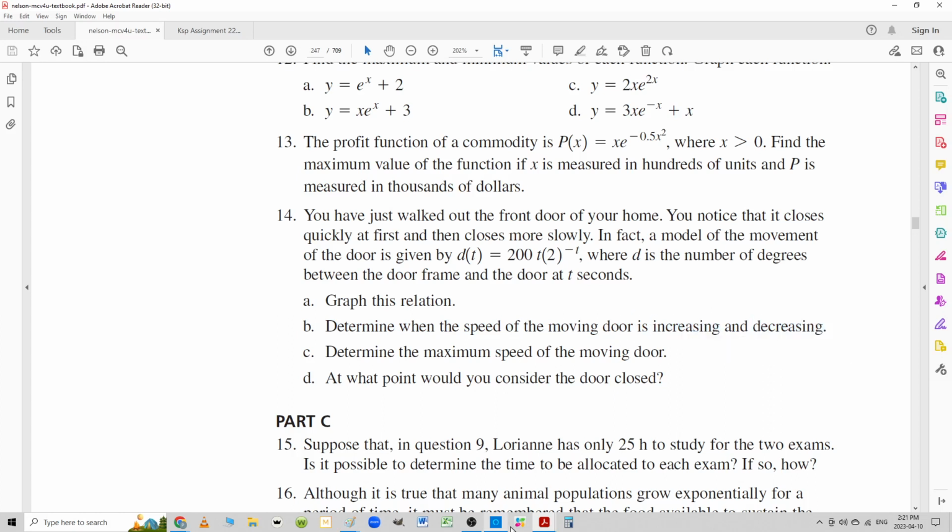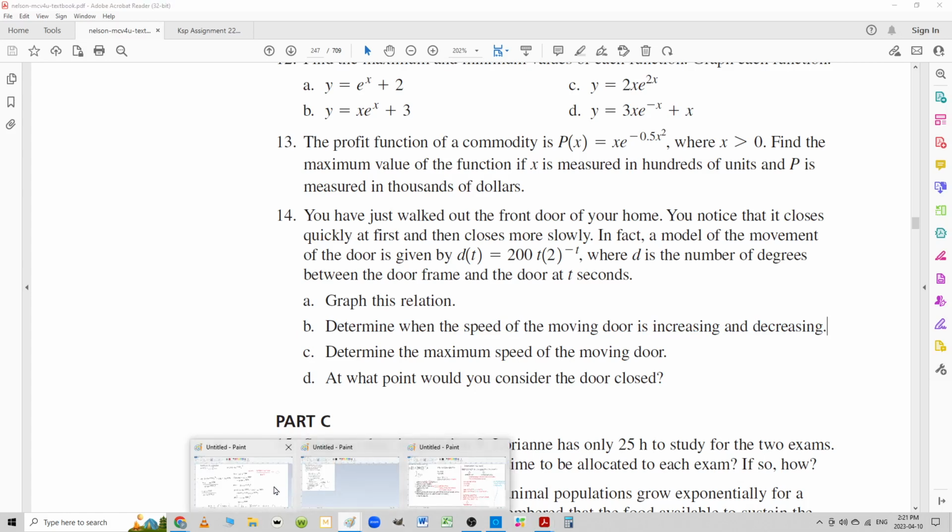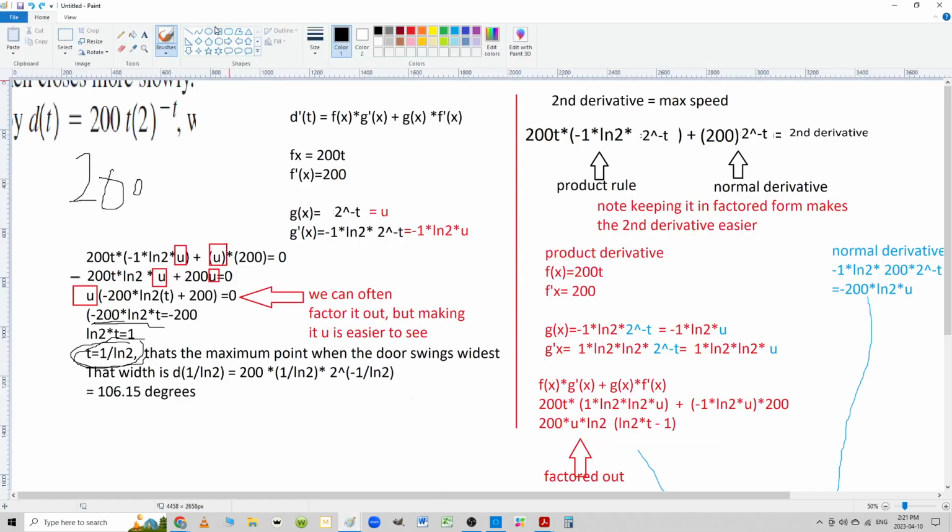So to answer that question, it's all the way from 0. So in notation, it would be 0, including 0, comma, 1 over ln 2. Closed notation is when it's increasing. And then close bracket. Oh, actually, it's a round bracket here because that's the max point. It's neither increasing nor decreasing. Then round bracket 1 over ln 2, all the way to comma positive infinity, because we discover on the graph,